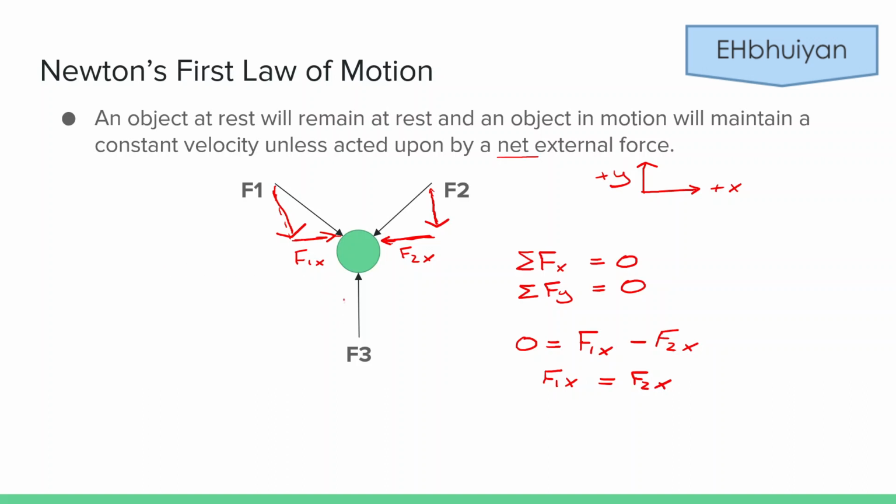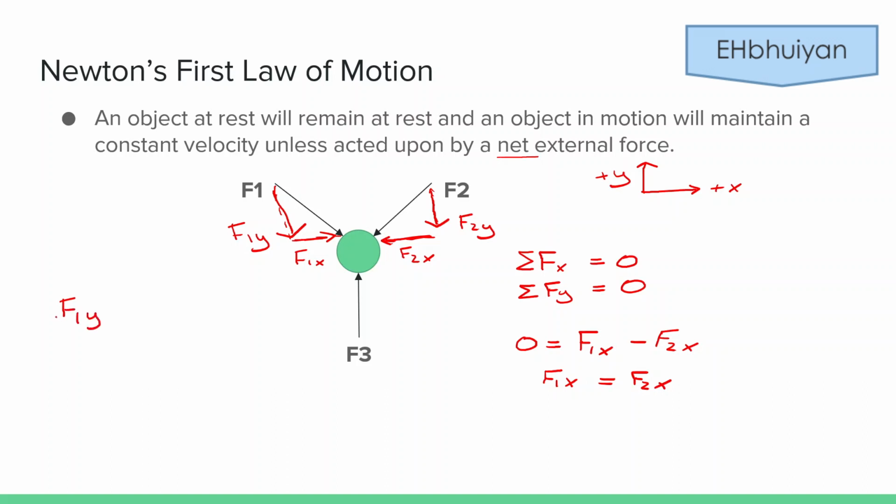But F3 is pointing up. So we have F1y, F2y. In order for this body to experience a net force of zero in the y direction, we need F1